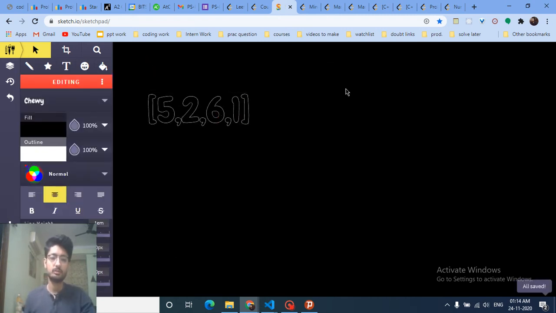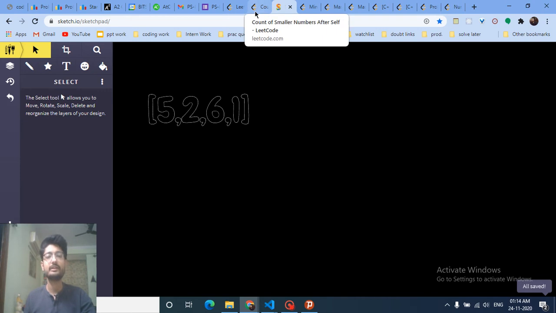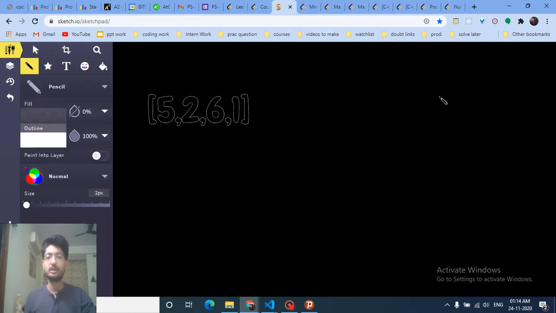So these are the numbers that you can see. Now what you can easily do here is move from right to left, because if you move from right to left, you already know which numbers have already occurred to the right. So start from 1. As you can see, 1 is already the rightmost element, so there will be no element to the right of it, so the answer will always be 0 for this. You can observe this.